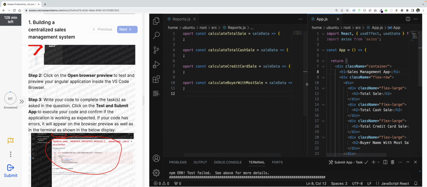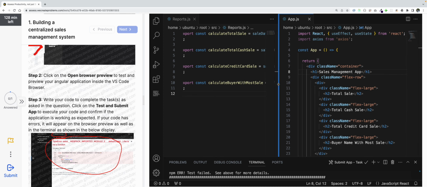So now first of all, we need to fetch the data, right? We need to fetch the data from our sales.json file. So how do we do it? We of course need to make a fetch request. The ideal place to make a fetch request, if you are using React, you know there are some lifecycle hooks. So the useEffect hook is the ideal place, so that we can fetch some data from there. But once the data